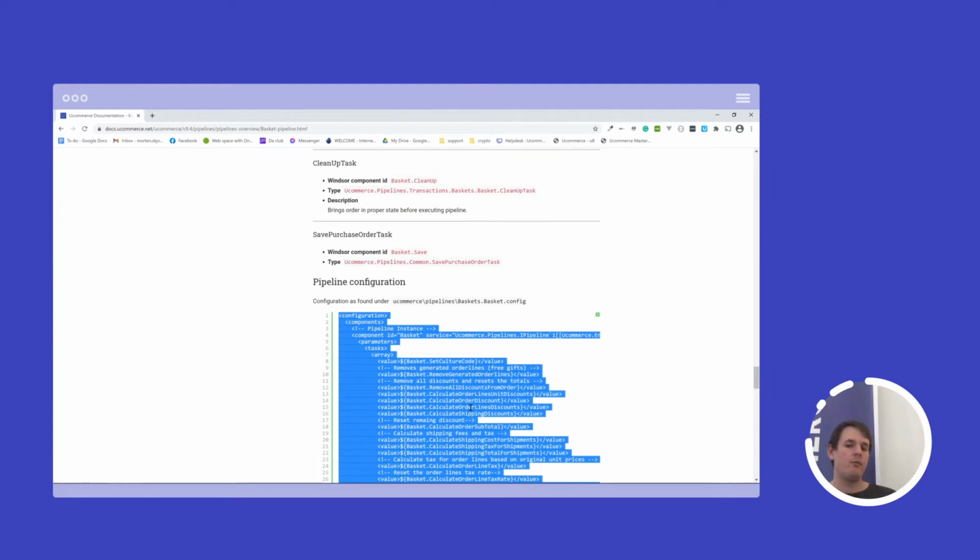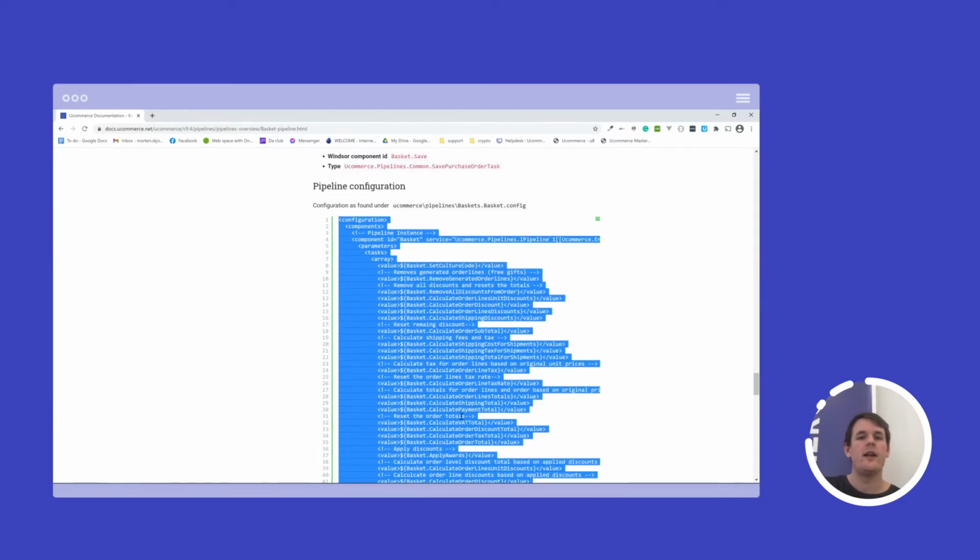What it means is that when you add a product to your cart, for example, the series of adding a product to the cart also gives the responsibility to calculate what the tax is, whether there are any discounts, what the shipping total is now, what the payment fee associated with this is, and so on and so forth.